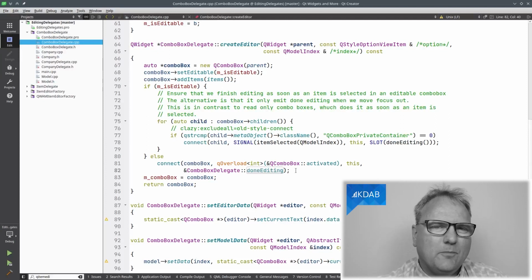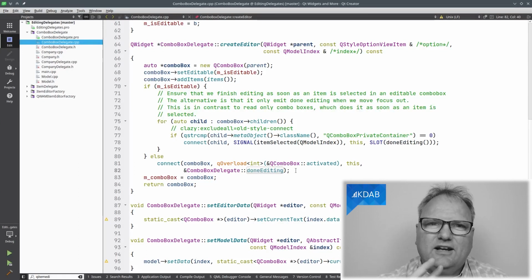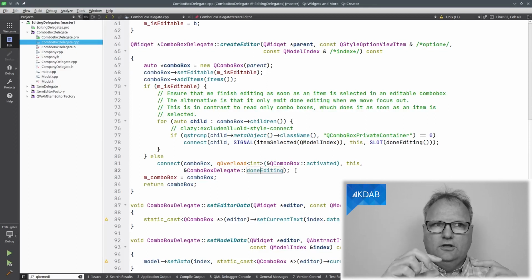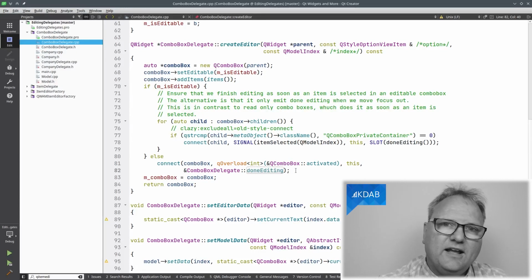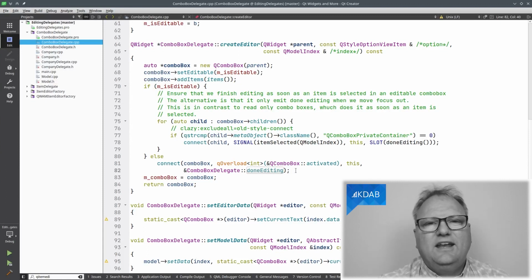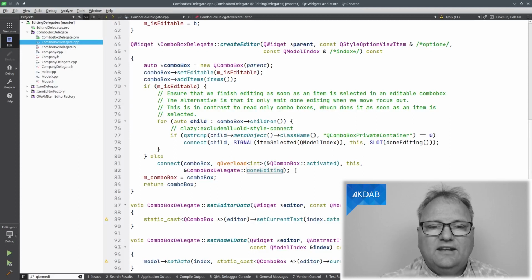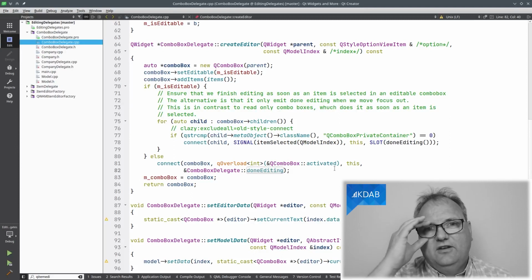Well, see, the problem that I learned by debugging hard on this one was that as soon as I bring up the editor a second time, not the first time, but a second time, I will actually leave the QLineEdit to bring up the ComboBox, which will mean a focus out event from the line edit, which the editor itself interprets as leave, which means that it will actually send out the signal activated.